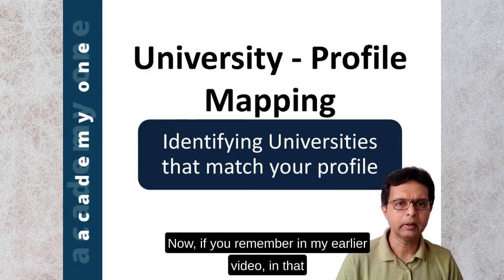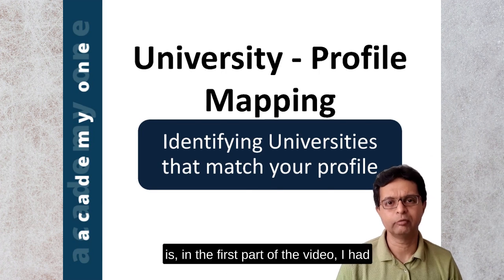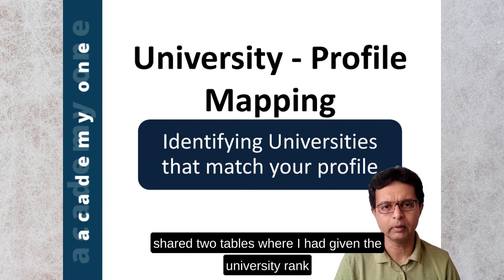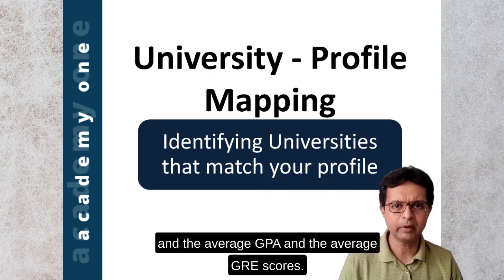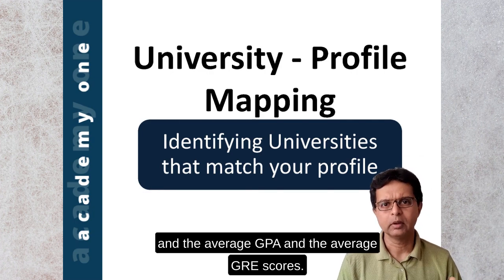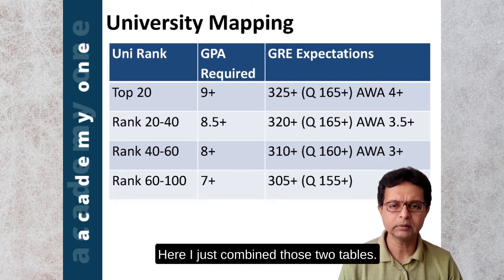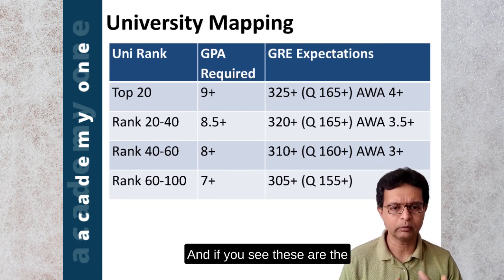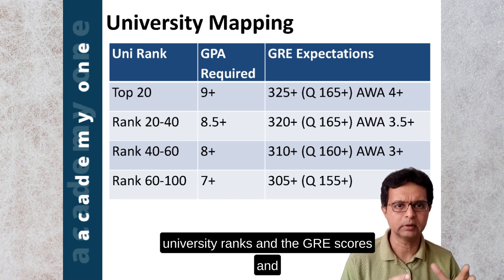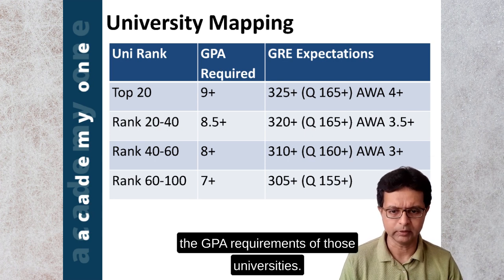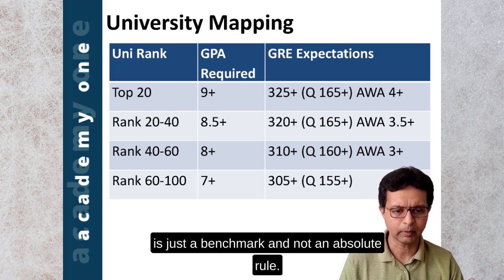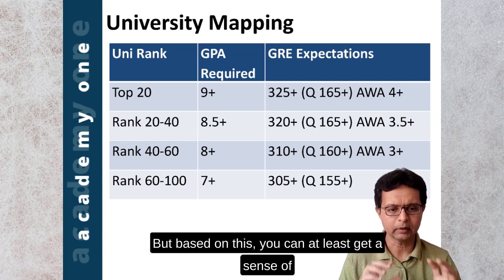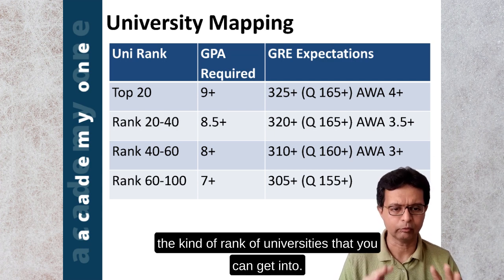Now, if you remember, in the first part of the video I had shared two tables with the university rank, the average GPA and the average GRE scores. Here I have just combined those two tables. These are the university ranks and the GRE scores and GPA requirements of those universities. Again, like I mentioned earlier, this is just a benchmark and not an absolute rule. But based on this, you can at least get a sense of the kind of rank of universities that you